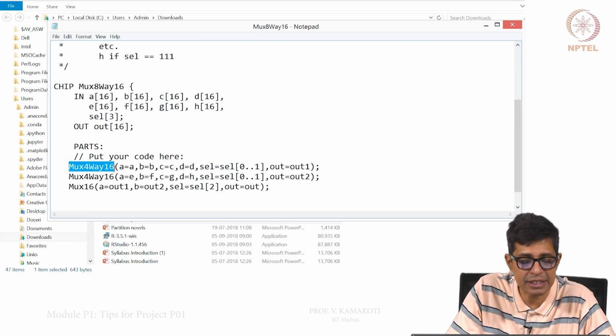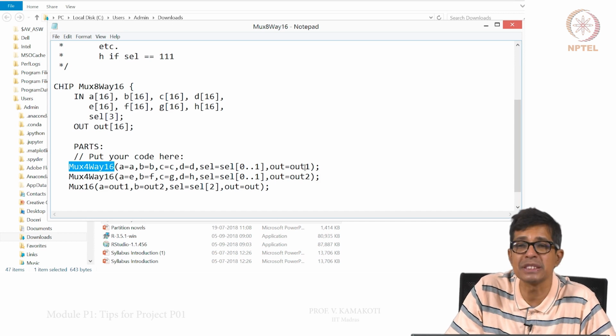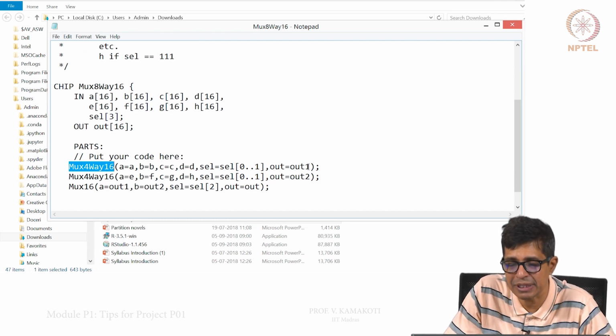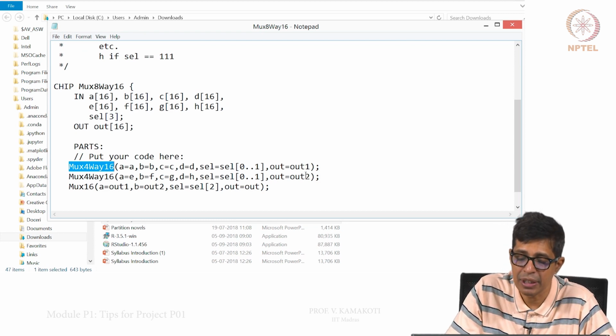In mux 4-way 16, the output variable is 16 bits. So, when I assign out1 to out, automatically out1 also becomes a 16-bit variable. That is very important to note. Similarly, out2 becomes 16 bits.